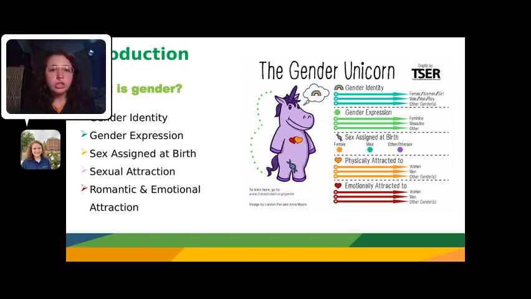Gender is much broader, consisting of gender identity, or how you understand your gender and how you want to be perceived by society. Gender also includes gender expression, which is one's expression of their gender identity through appearance and behavior. Fashion and voice inflection are just two types of gender expression.